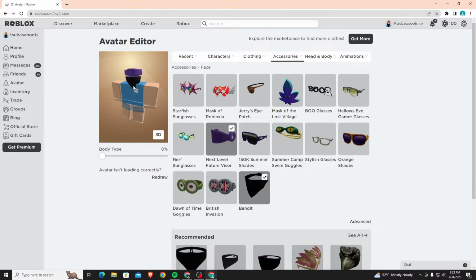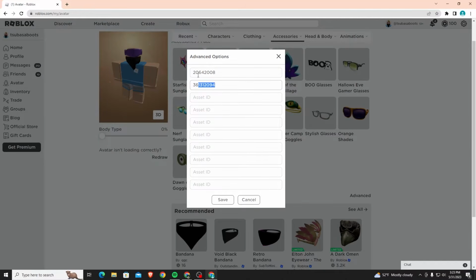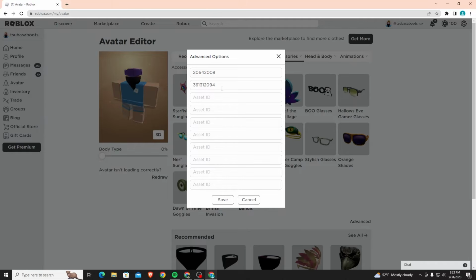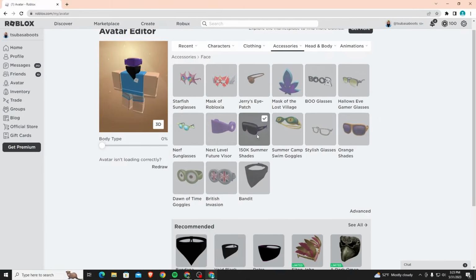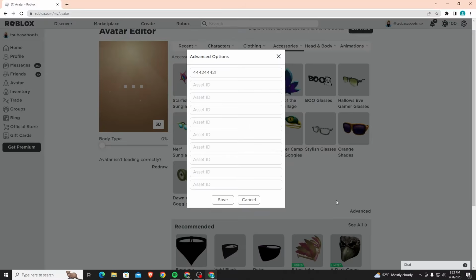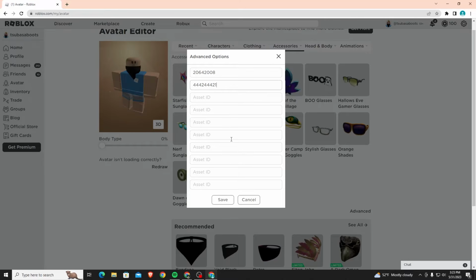That is how you can wear multiple face accessories at the same time. So if you want to add more to it as well, then you would want to have that saved. And then once you have that saved, you want to throw on 150k shades. And then once you do that, you wait for it. You want to copy this and then get rid of that. And then let's see. So you're going to want to put on the bandit, paste this in,